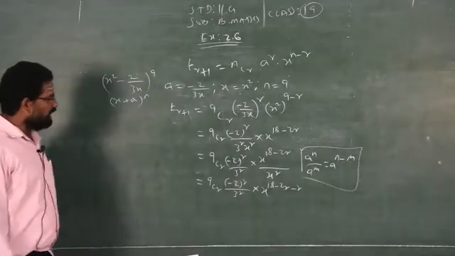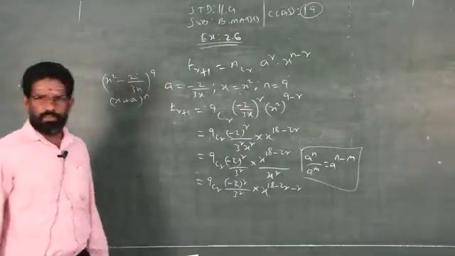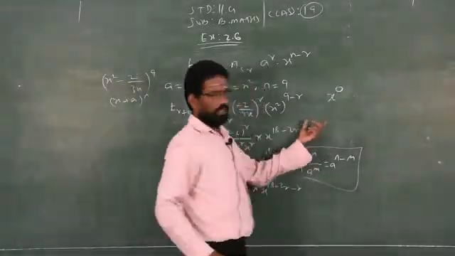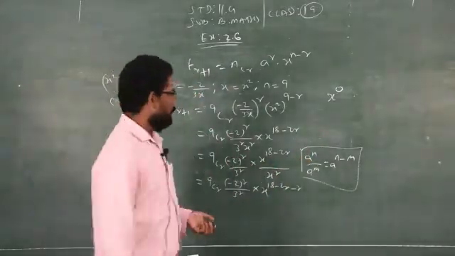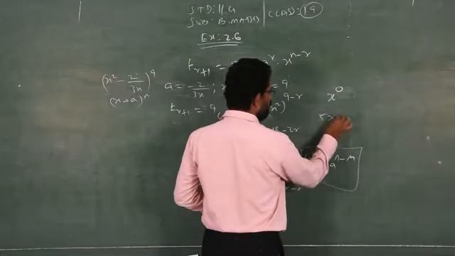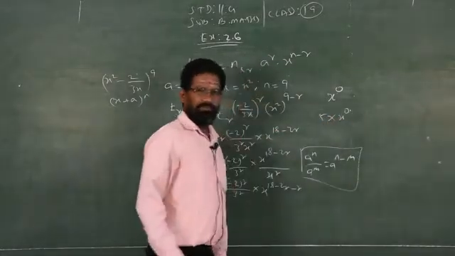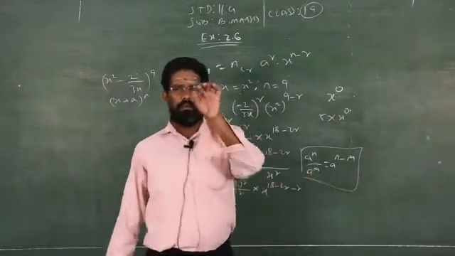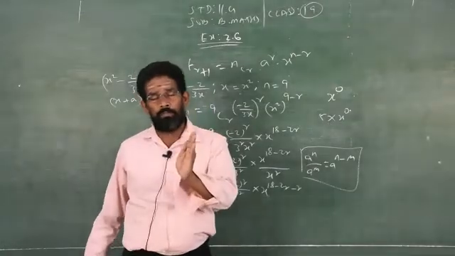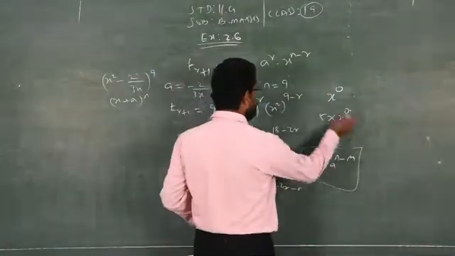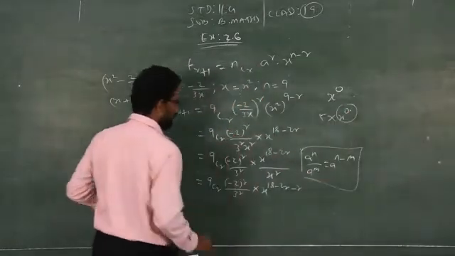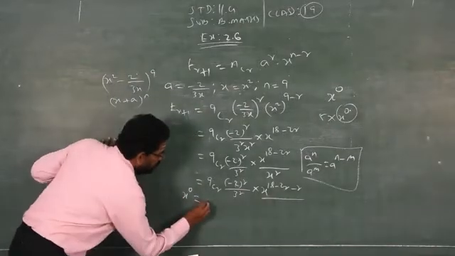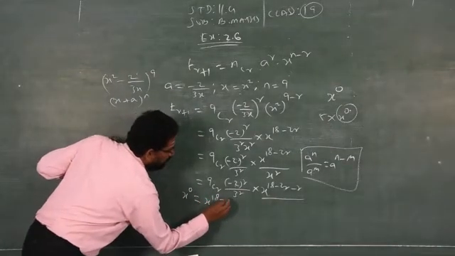So now, independent term: the variable has power 0. Just now I did with one example, x power 0. When I say one constant, this constant you can write as 5 into x power 0. Anything power 0 is 1. So 5 into 1, 5. That is called constant, and it is also independent of the variable x. So if it is an independent term, then you have to compare x power 0 is equal to the variable x, x power 18 minus 3r.